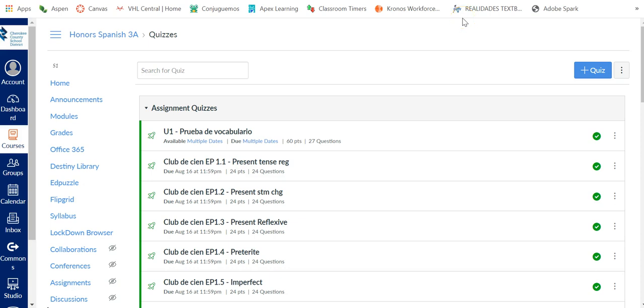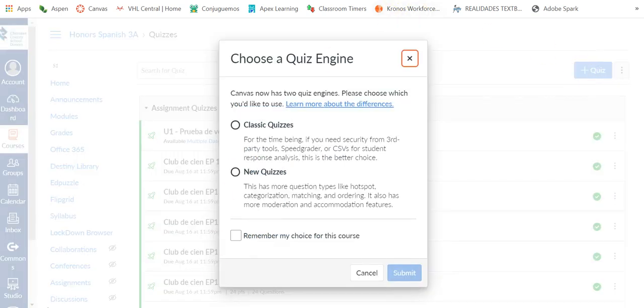Because I actually do have a little bit of a quiz or practice activity I'm going to set up for my students, you can use quizzes to do assignments that you want them to do online or to actually do tests or quizzes. So this one is going to be an assignment that we do a good amount of times in our Spanish class. So you're just going to hit the big blue button here,